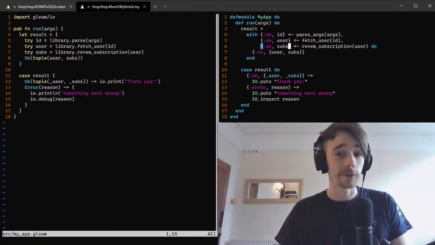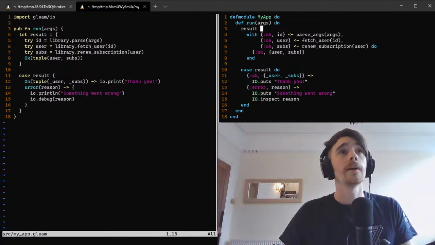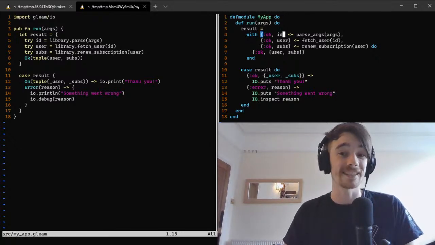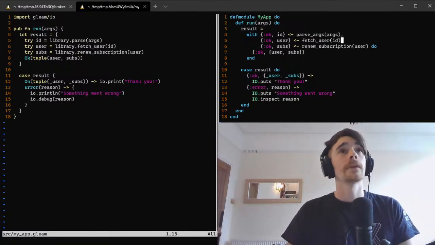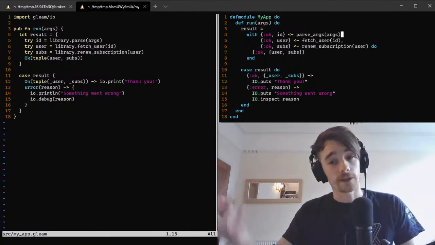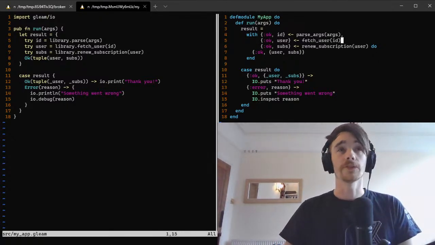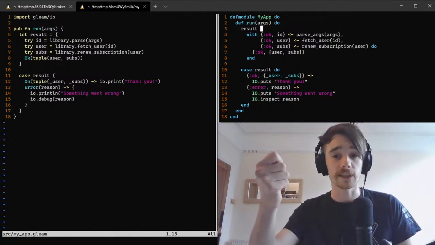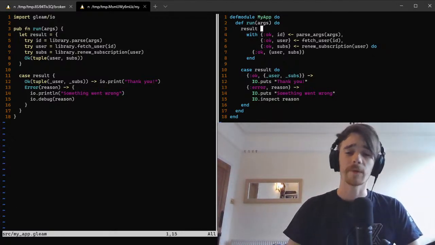But it's a little more complicated than that because we're using a with expression. In case anyone hasn't come across these, the way this works is it makes sure that this is the pattern of the data, this is the shape of the data, this is the expected data from this function call, from this expression. If it is that pattern, then it goes on to the next line and it can continue. But if it doesn't, then it returns and gets passed back to results. So this is a really useful way of saying this must succeed, and also this must succeed, and also this must succeed in order for us to progress down the happy path.